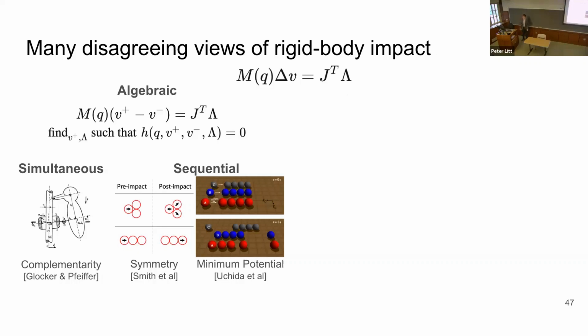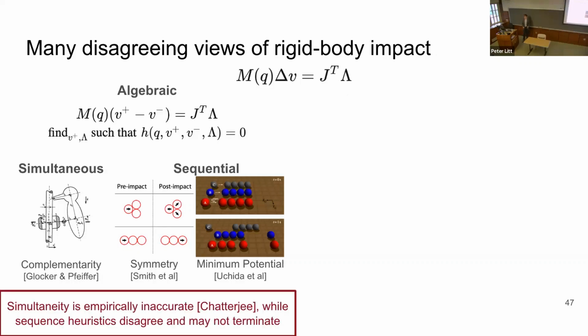calculate individual impacts for. But unfortunately, because these methods don't capture in detail the process that happens in the middle of an impact, which in reality does occur over a short non-zero period of time, they disagree significantly with reality. And while they're all physically well motivated, they often use differing principles which differ in predictions from each other. And furthermore, in sequential methods, some methods may become stuck in an infinite loop of collisions, particularly when there is jamming between objects.